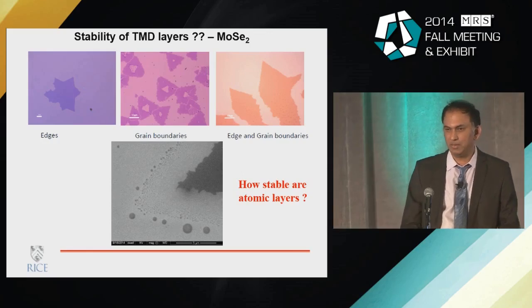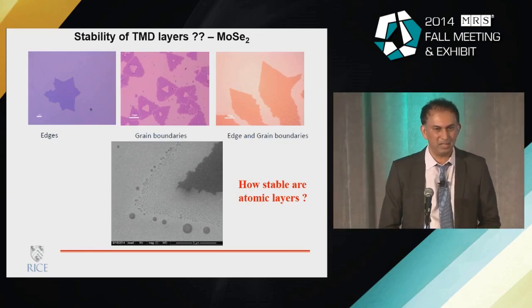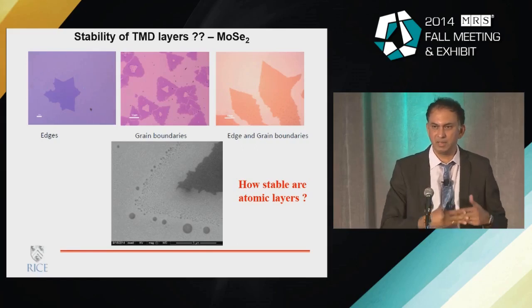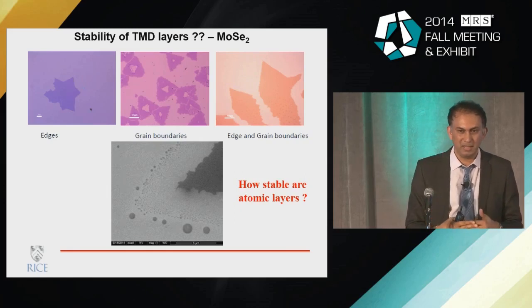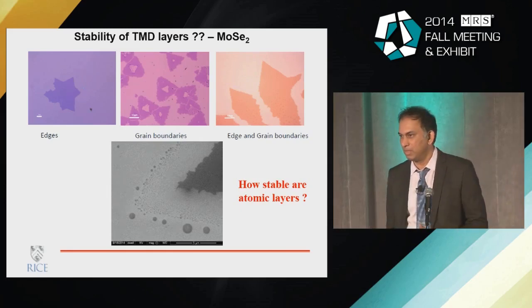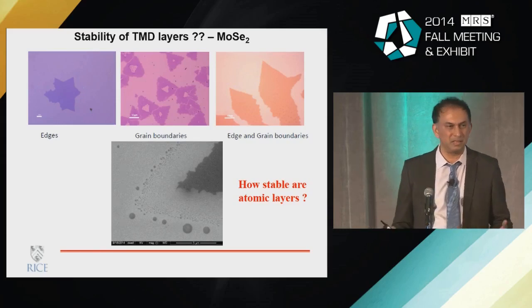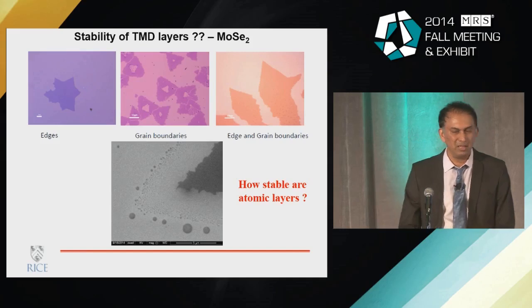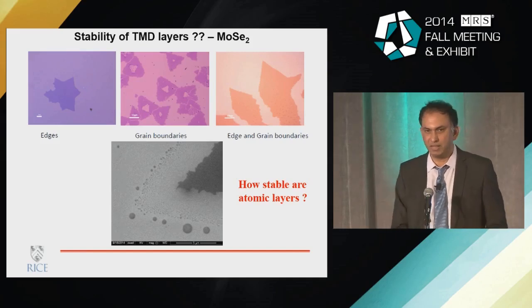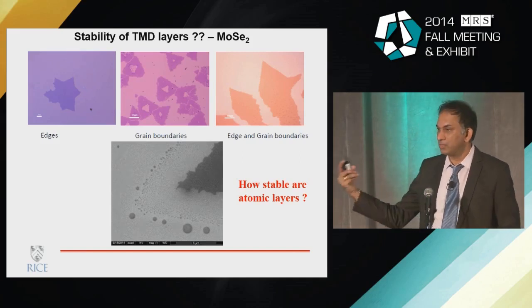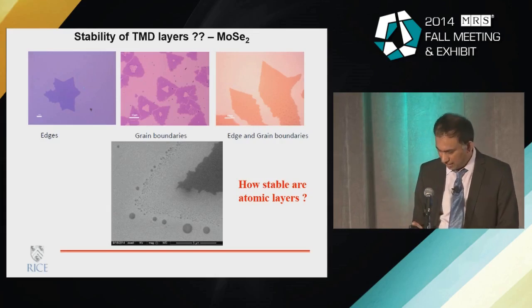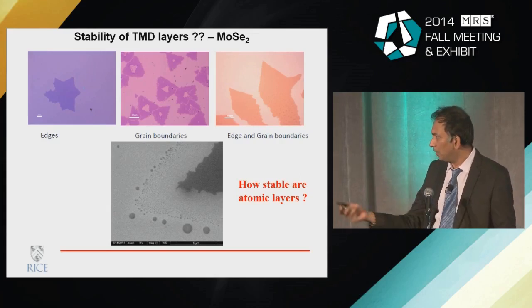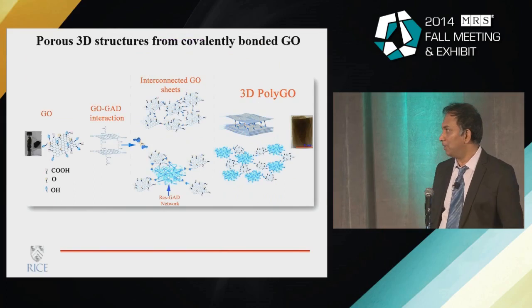For example, I've always been fascinated by this idea of contact between two materials of dissimilar electronic character. Basically setting up a galvanic cell, and the corrosion in these systems could be quite tremendous, quite instantaneous. So I think one has to also think about how stable these layers are in various environments and various conditions, if we were to actually get this to a level which could be practically very useful. I thought I'll just show you that because this is something to think about.